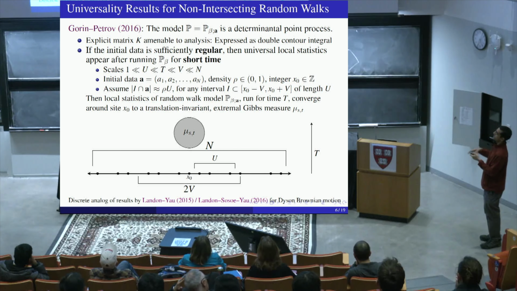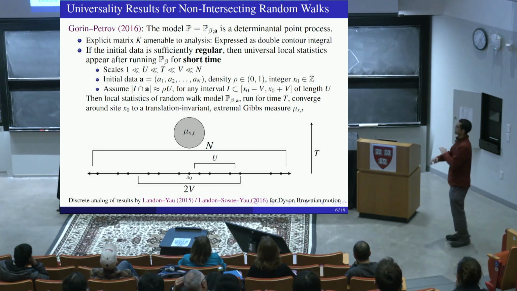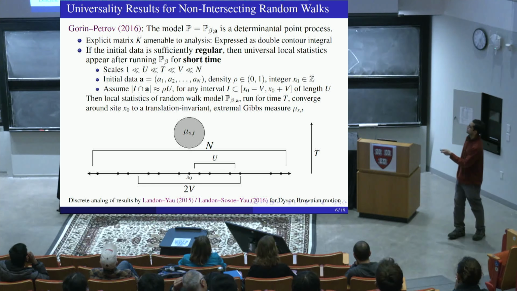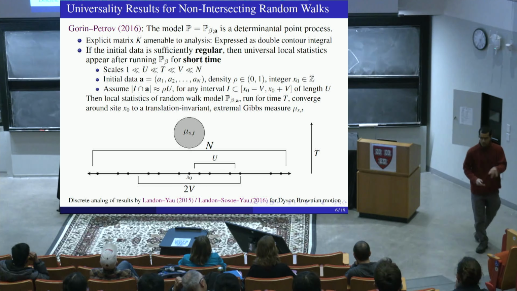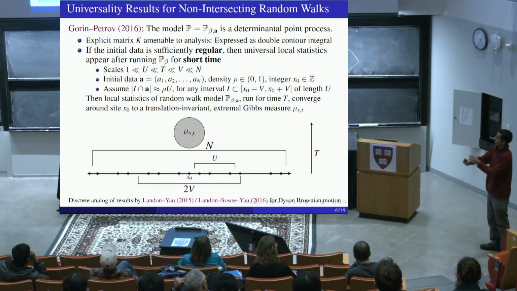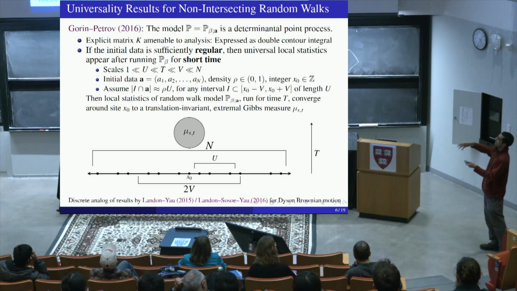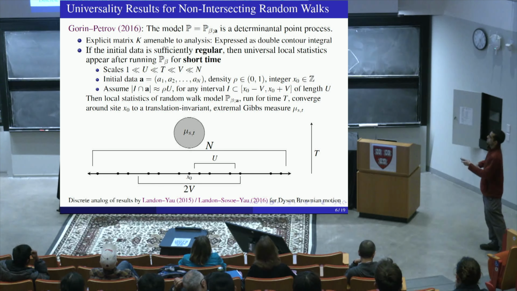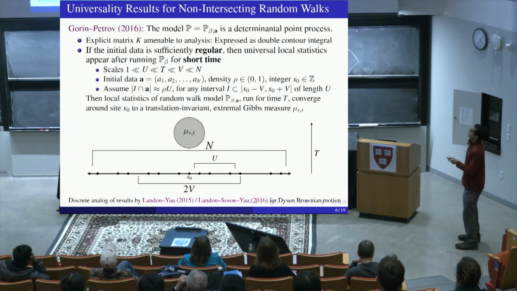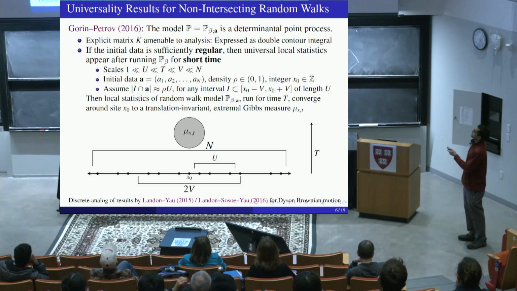And I have some initial data, a1, a2, all the way to an, and I have some density rho. So you should view rho as kind of the density of paths that you're starting with. So you should view a as starting out approximately Lebesgue distributed, like I have one path every one of rho steps or something like that, okay? So the way in which you quantify this is you say that this initial data a approximates